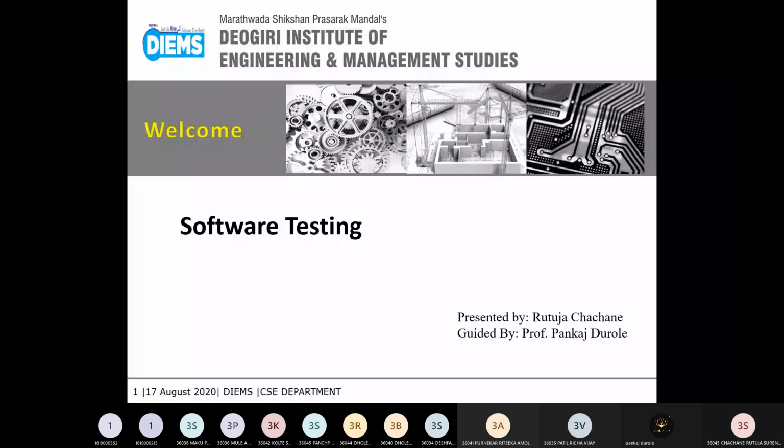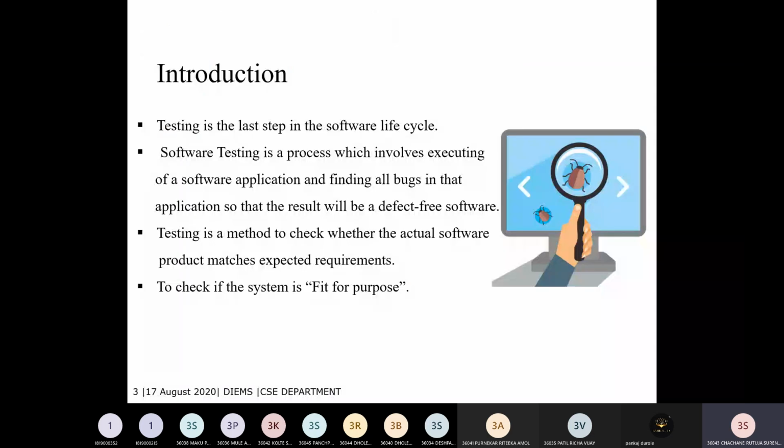Introduction. Testing is the fourth step of the software development life cycle. There are many steps in the software development life cycle. First is requirement gathering, second is designing, third is programming. In requirement gathering, we take the requirements from the user. In designing, we design our software, and the programmer can